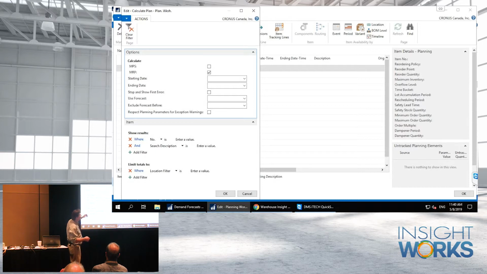Now, the first one up there, anybody know what MPS is? Right. It's in Business Central and NAV. It's kind of a pointless thing. Within the manufacturing setup, there is an option to run MPS and MRP together, and that's usually what you should turn on. The reason is MPS is a master production schedule. It'll go out and look at all your